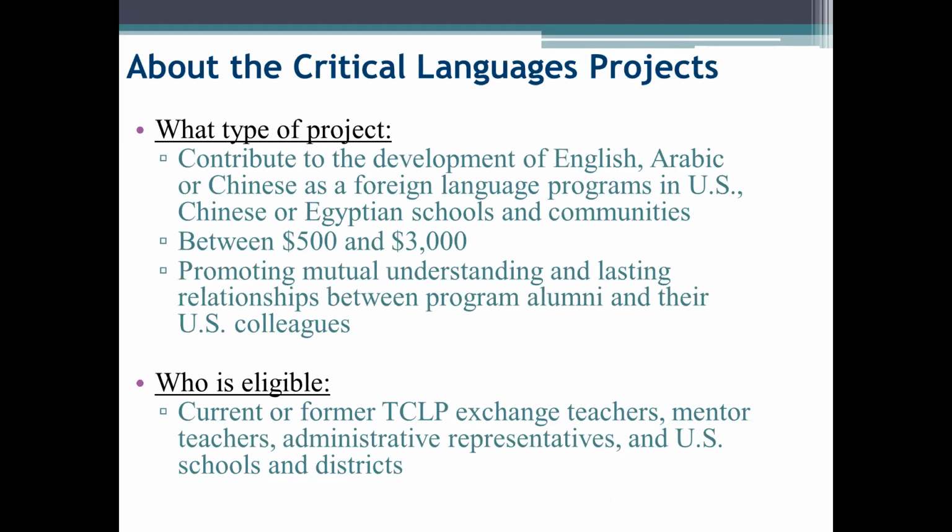So let's get started talking about the Critical Languages projects. Critical language projects are meant to complement and expand upon the goals of TCLP. The purpose of the CLPs is to contribute to the development of critical language programs and promote mutual understanding and lasting relationships between U.S. schools and TCLP alumni schools in China, Egypt, and Morocco. This grant will provide between $500 and $3,000 to help support projects which promote further mutual understanding of critical language